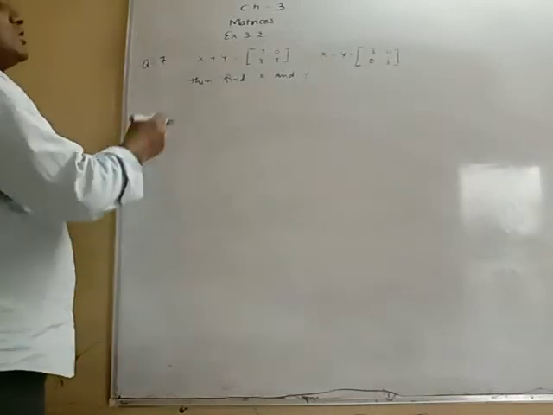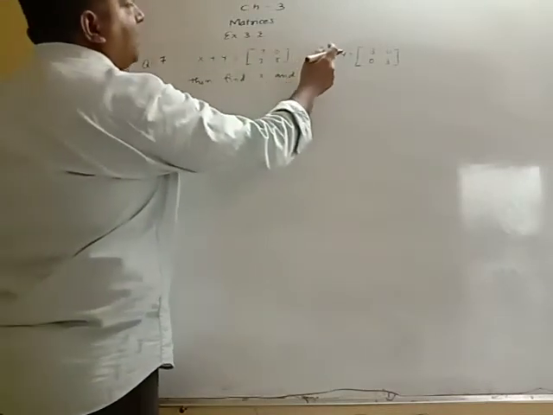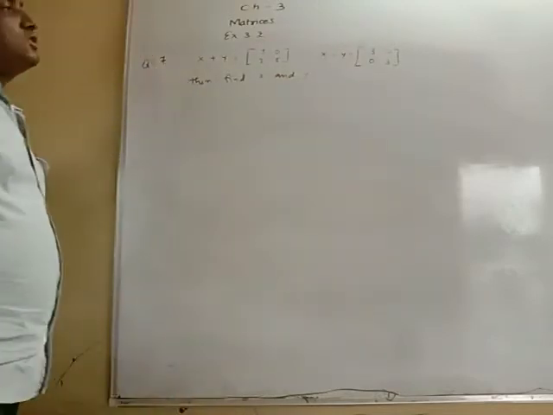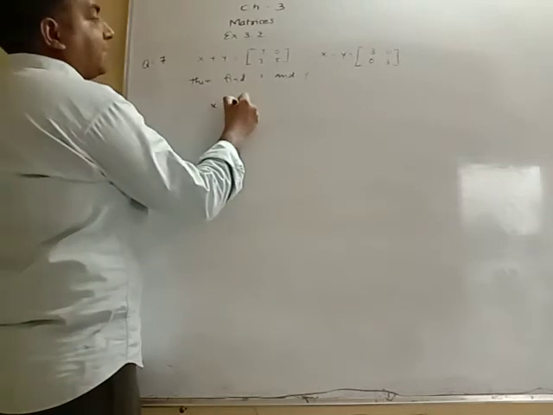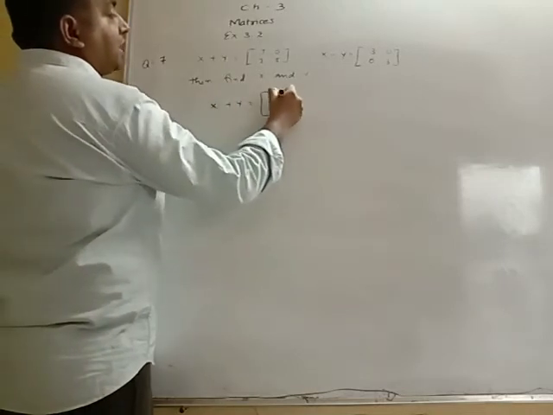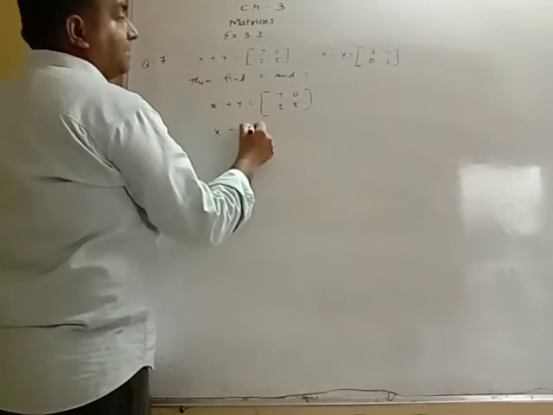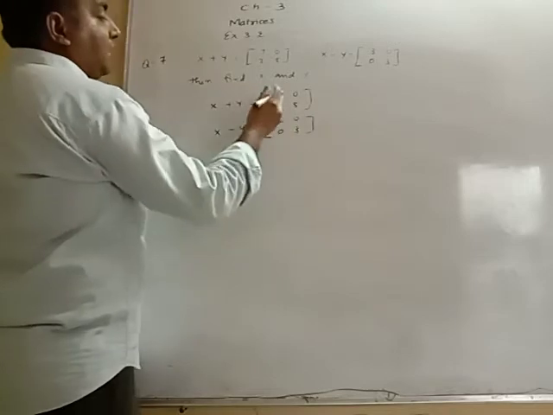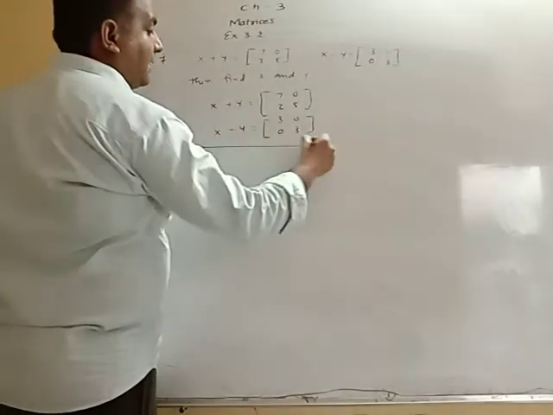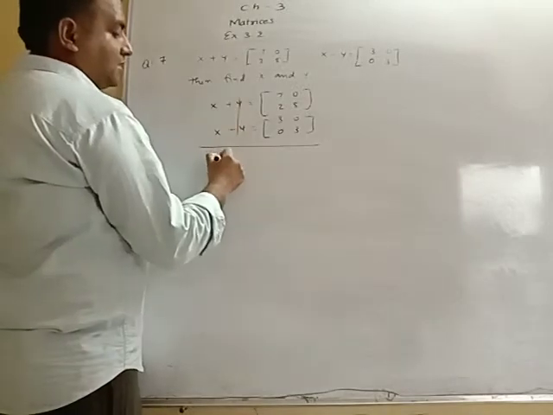Question 7, first question: given that x plus y equals 7025 and x minus y equals 3003, find x and y. So x plus y equals 7025 and x minus y equals 3003. To eliminate the y variable we add them, and the y variable will be eliminated, and 2x is equal